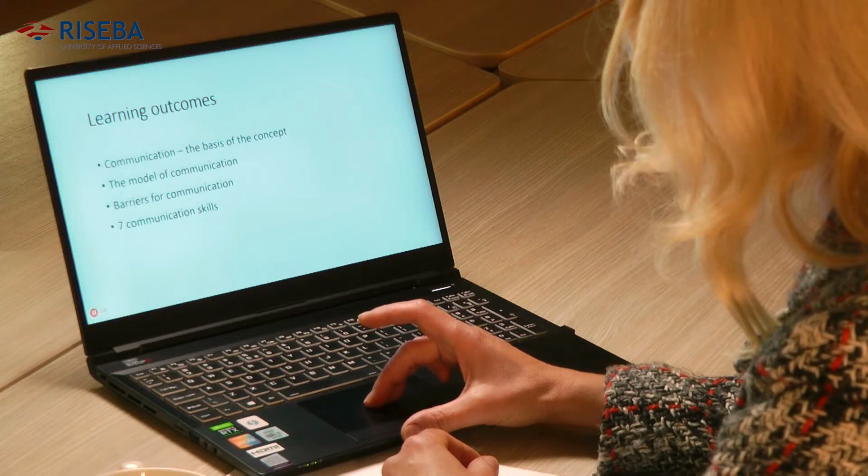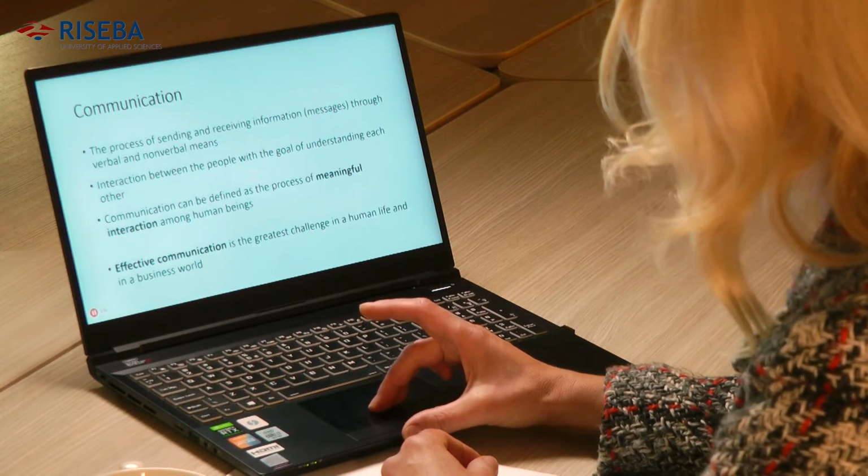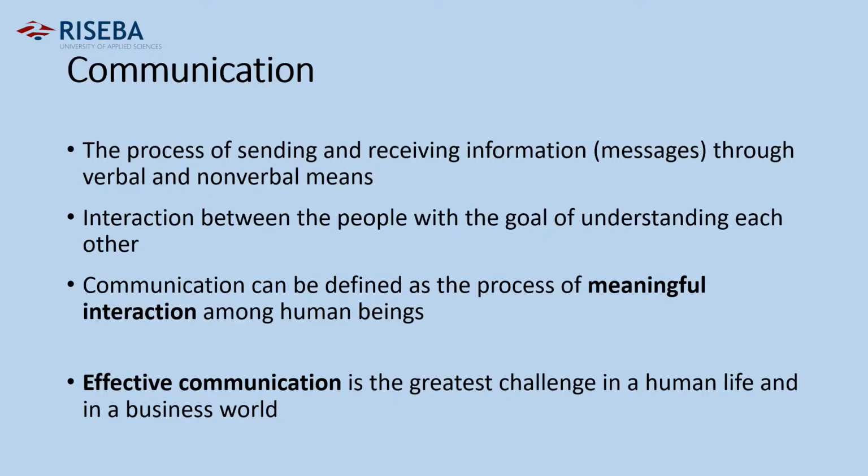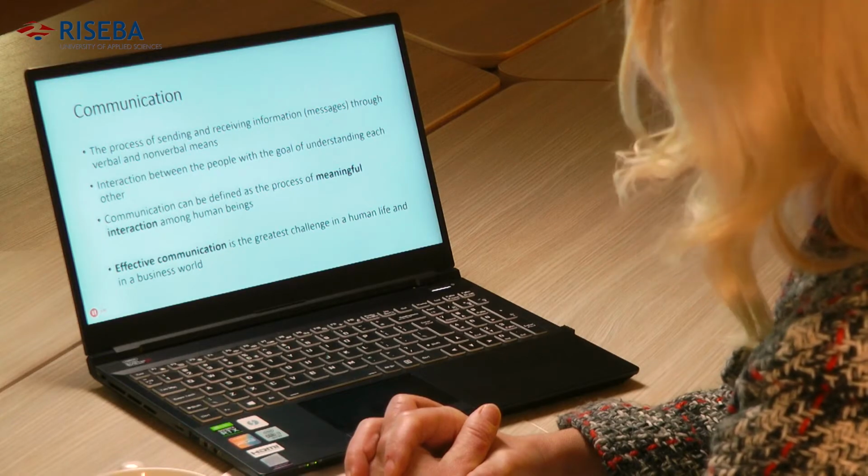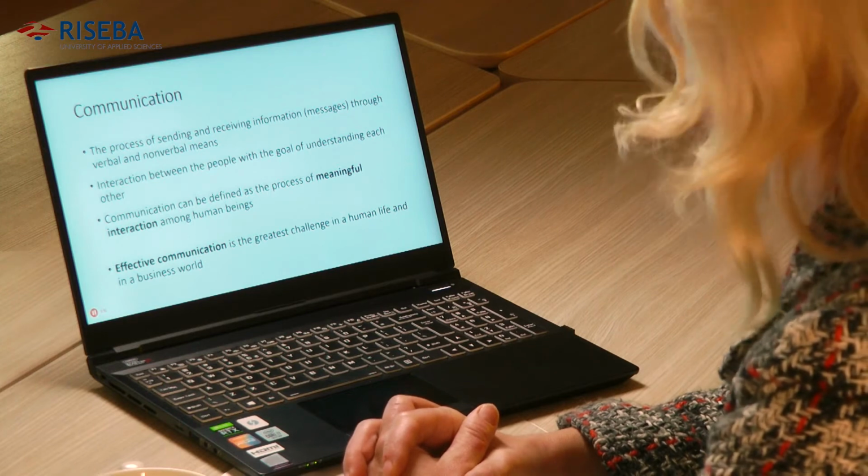So let's move on. First of all, what does communication mean? That's of course a two-way process where there is a sender and receiver. So that means that somebody needs to send information, somebody has to receive it. So basically it is message exchange between two parties. You can say that it is also an interaction process between people with certain goals. So there are certain aims of the whole process.